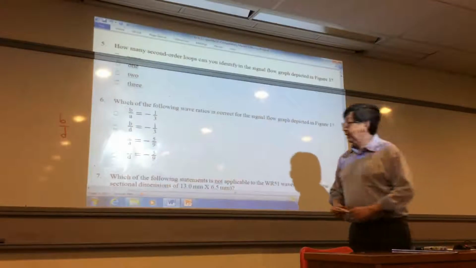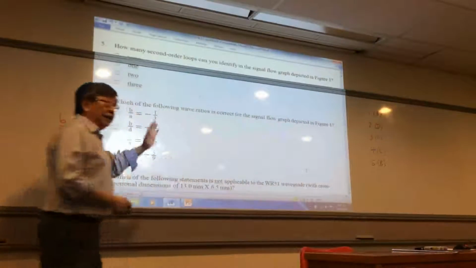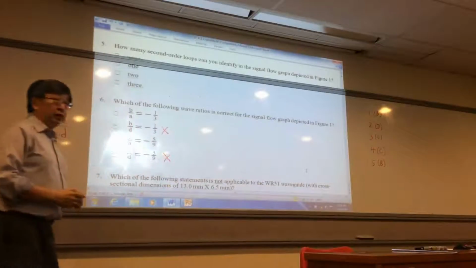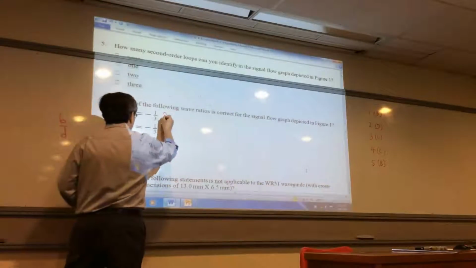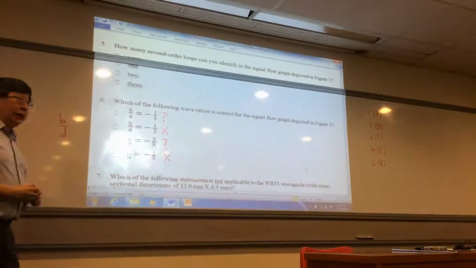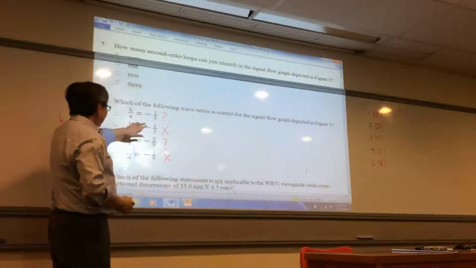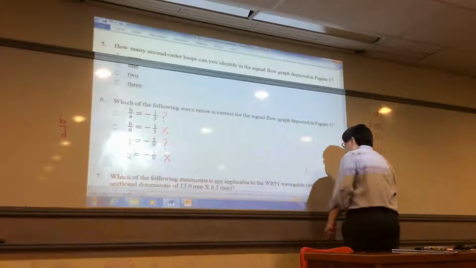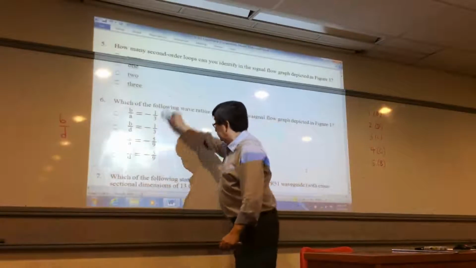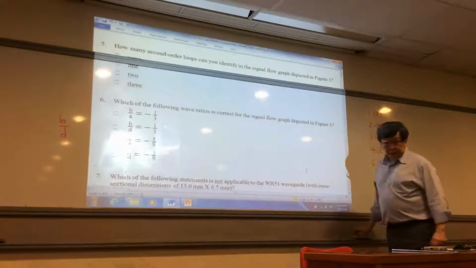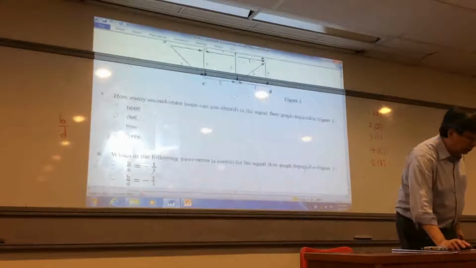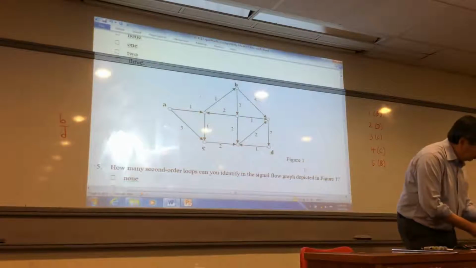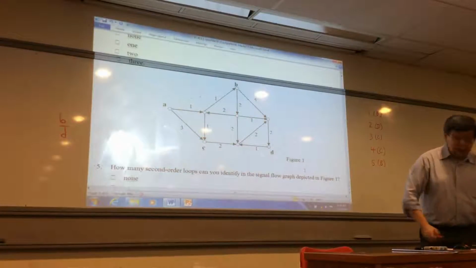Coming back to here, from observation alone, this and this are not possible. The only 2 possibilities are either this or this. So let's try one of them. Let's try B over A. For B over A,